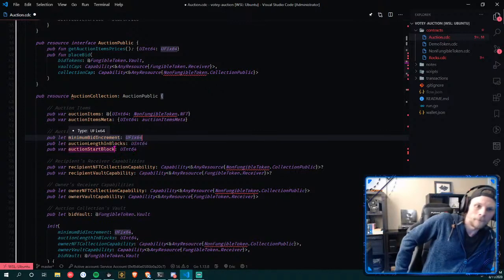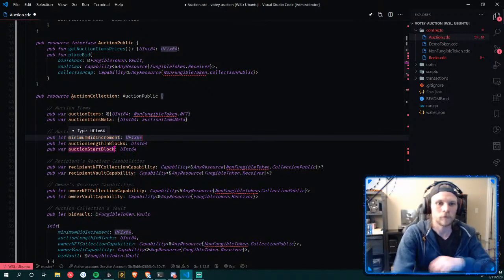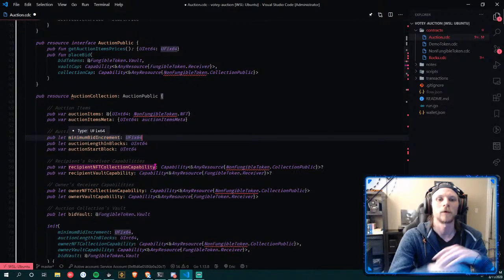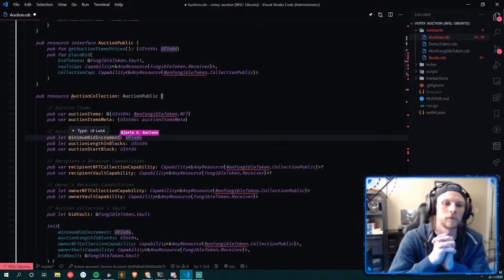But if each of the items in the collection have their own start block, their own auction length, their own minimum bid, their own vault capacity and collection capacity, then you can create a marketplace where you can add an auction and it's active for today, and tomorrow you can create another auction that's active for that day. And you don't need to create another auction collection for that. So okay, I see what you mean, and it's not that hard to do.